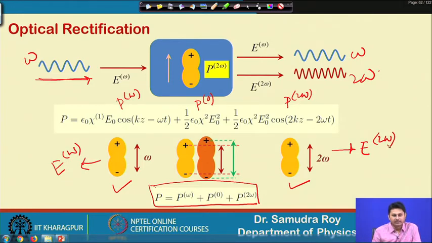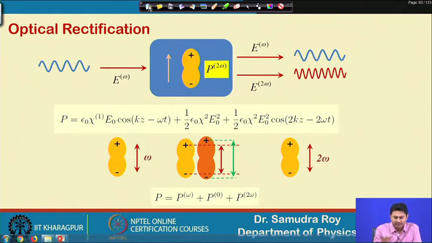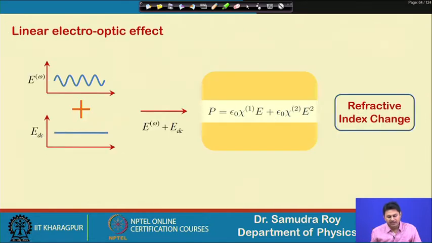But let us understand, as we already explained in the previous slide, that this is the dipole, and the average location of the dipole is going to change slightly because of this DC term. If this is my plus and minus, you can see that after applying the field, the average location of the plus or the minus charge is slightly changed, and this is the effect happening because of optical rectification. After this representation, we would like to understand mathematically exactly what is going on.